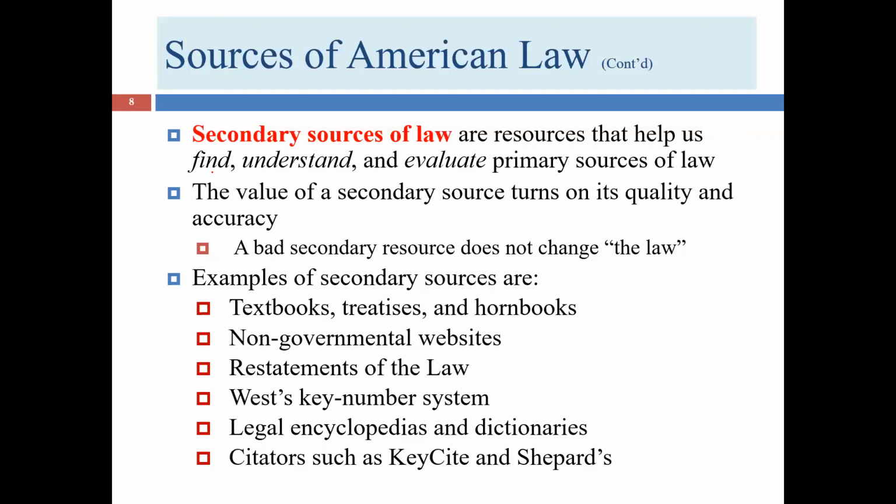Other resources that we use, such as these lectures and the textbook, can help us understand the law. This course would be a lot less user-friendly if I were to just give you the statutes and say, okay, here are the statutes, learn them, and there'll be a test next week on them. The statutes are very difficult to understand. It takes a lot of experience with them to be accomplished at reading them. And even when you're experienced, it's still a slow process. That's one of the reasons why we have so many cases, because there's a dispute about what a particular statute means, and so the judge has to resolve that level of ambiguity.